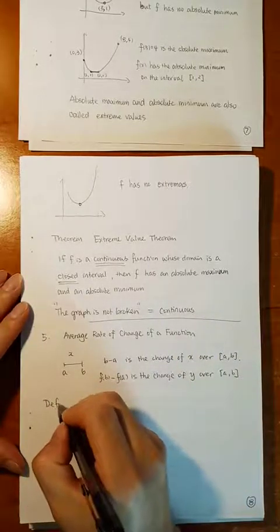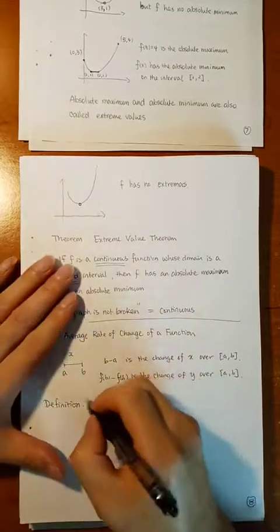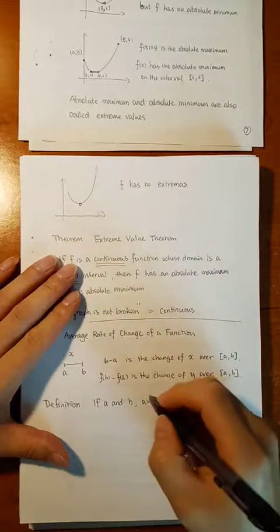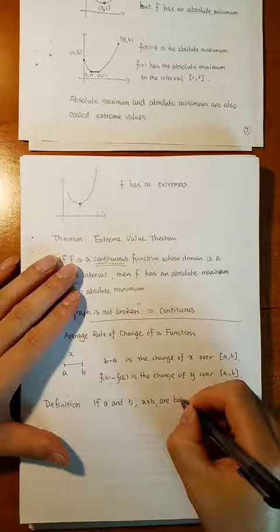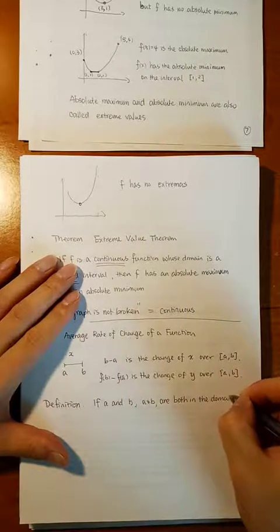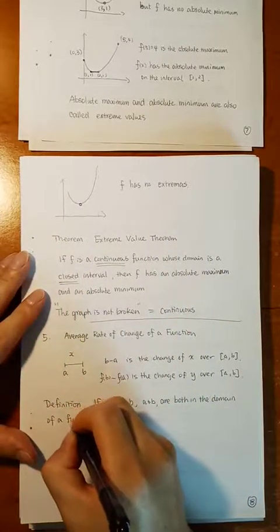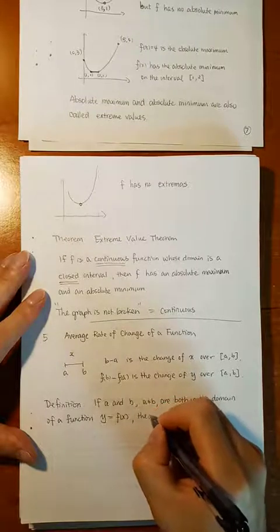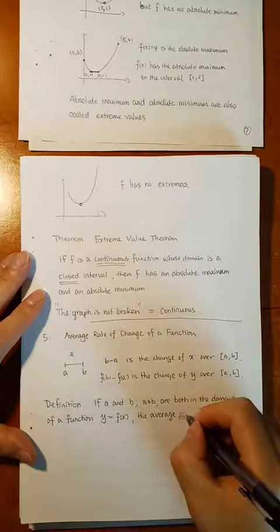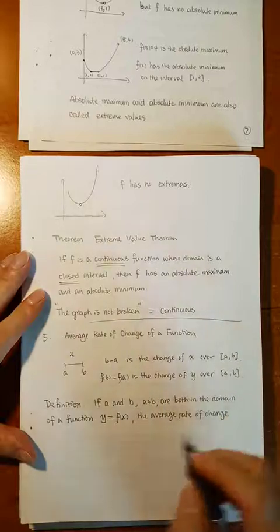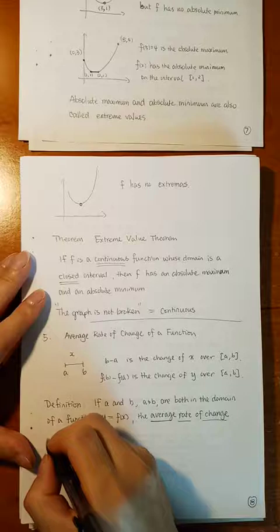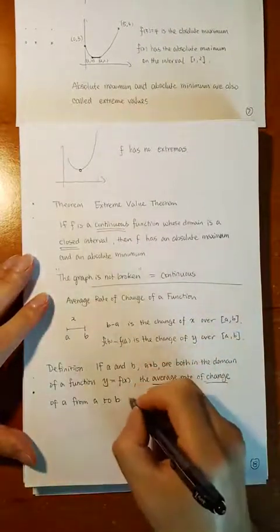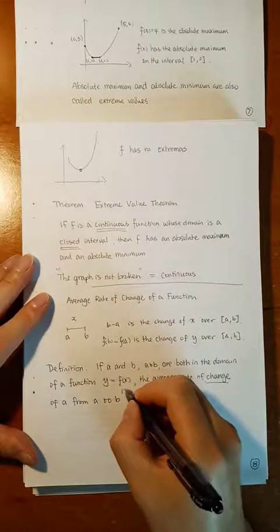So, definition: if a and b are distinct, both in the domain of a function y equal to fx, the average rate of change of f from a to b is defined as